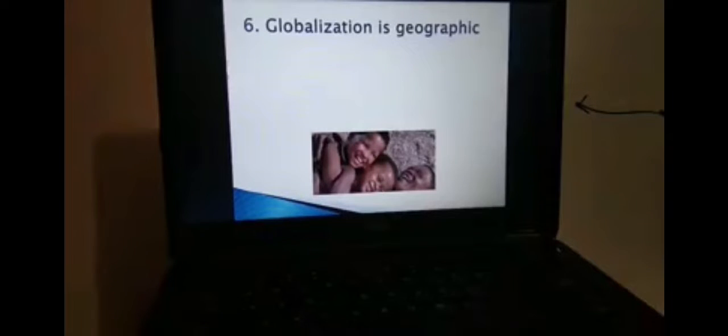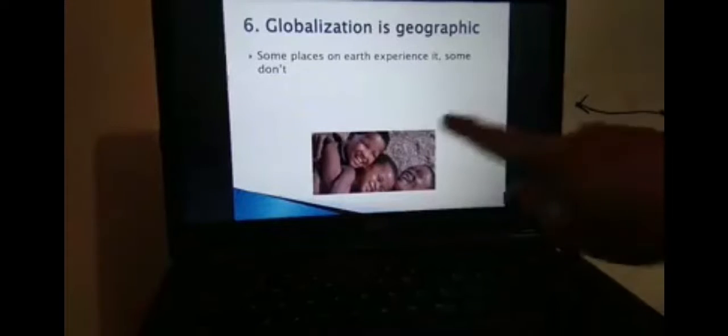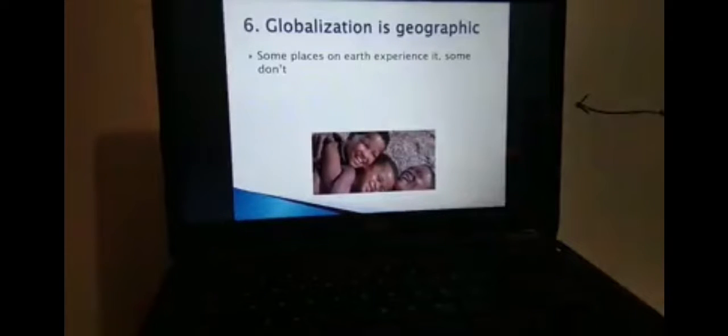Next, globalization is geographic. What do I mean by this? Some places on Earth experience globalization, just like what we are experiencing right now in the Philippines. Whilst, believe it or not, some places on Earth don't experience globalization yet. An example would be the Bushman tribe in South Africa.